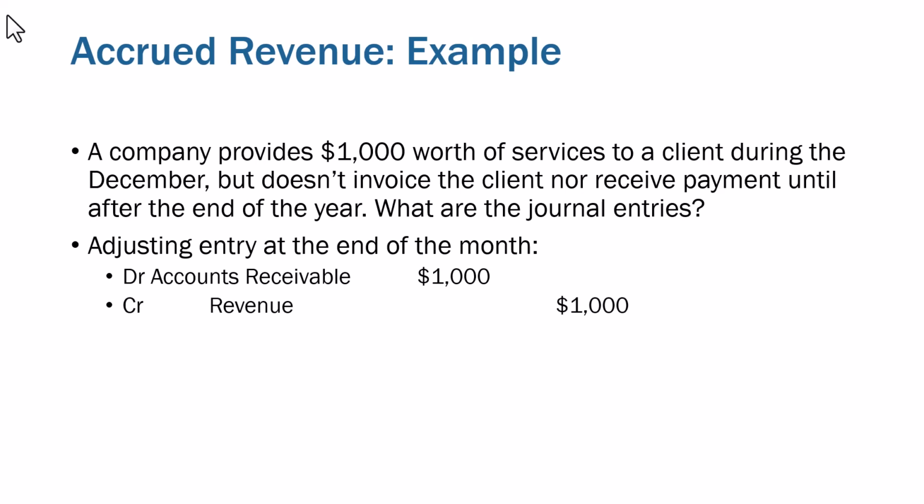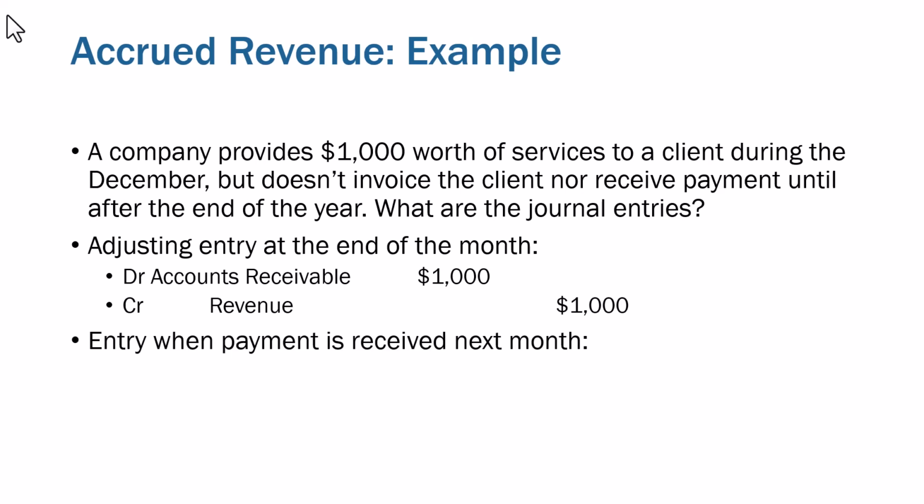Now, certainly, if you send an invoice to the client during the month and you record this entry, you don't do it again at the end of the month. That would be double counting. But the point here is that you get to the end of the month. If you've earned revenue and you haven't recorded it yet, you need to do it through this entry right here